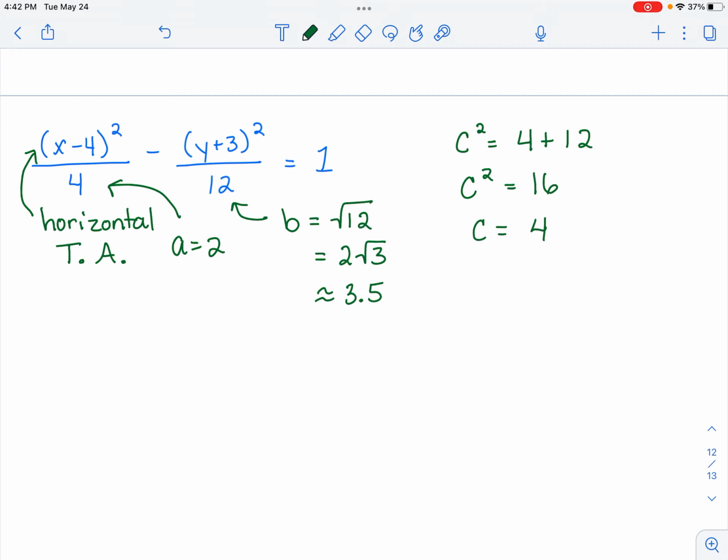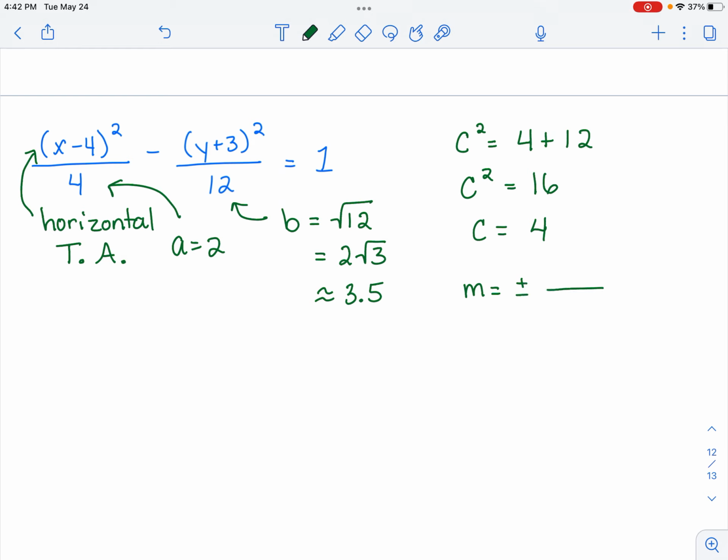So a and c are nice. B is a kind of funky number, all right? But at least the decimal is a decent number to work with. This is one of the times where writing out the actual slopes isn't super easy to plot that slope, because the slope here is plus or minus